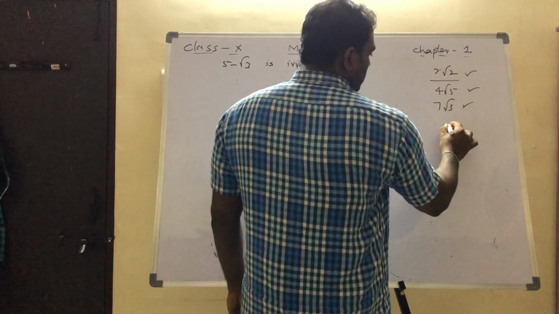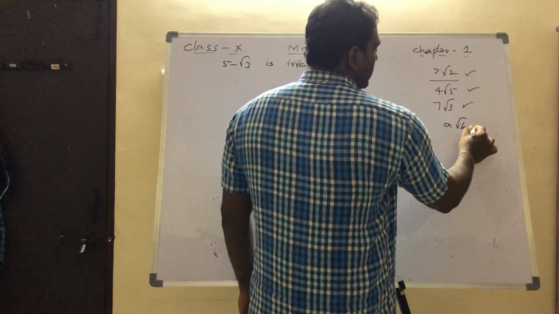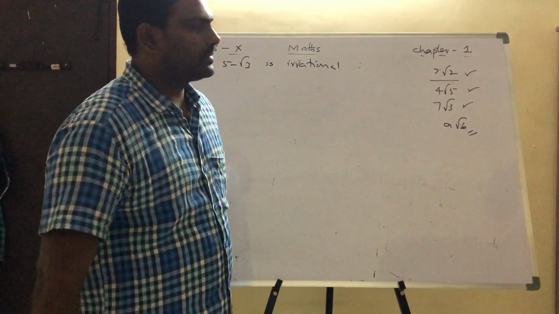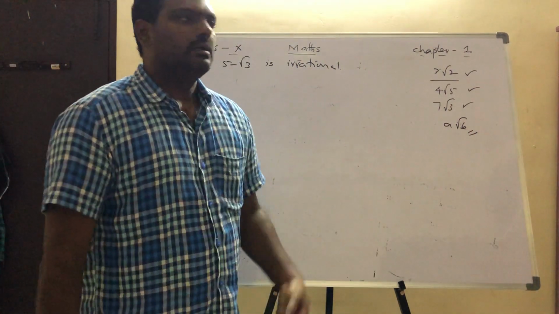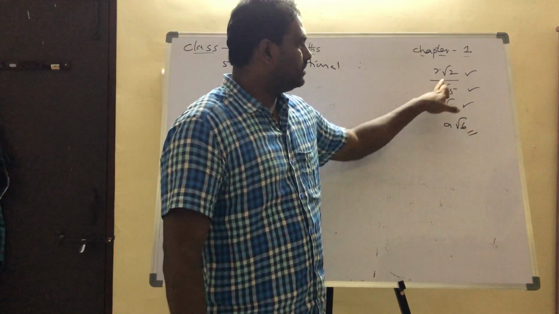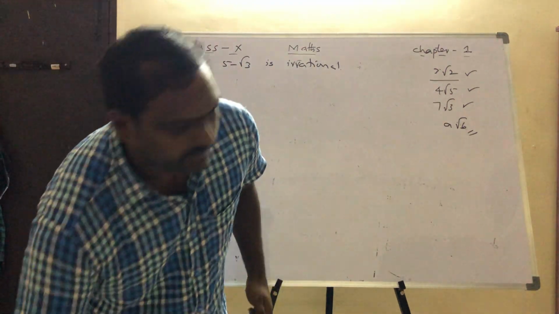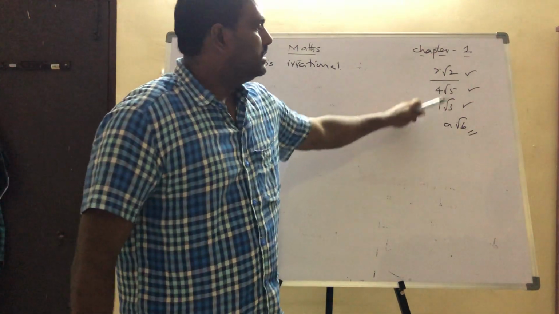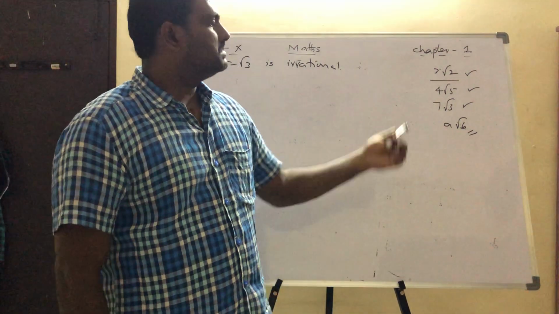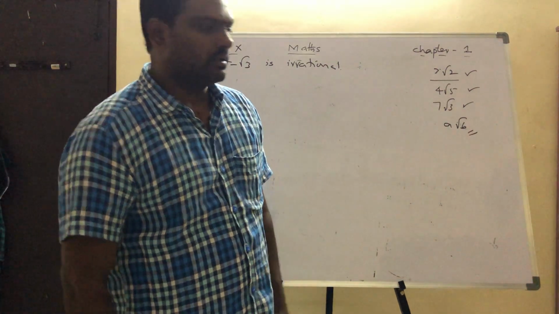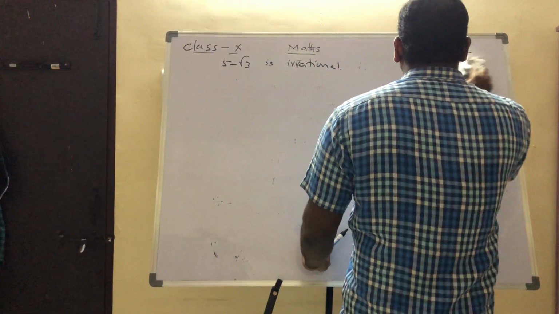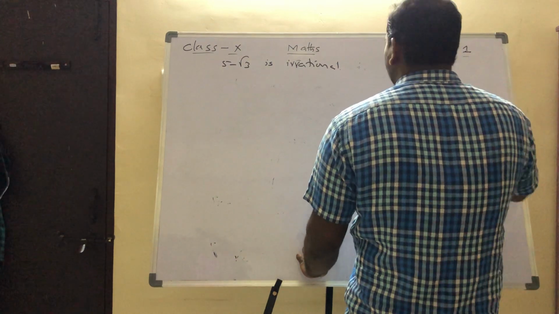Any model question. So the model question is a root b is irrational. Any question like a root b, 3 root 2, 4 root 5, 7 root 3, all are irrationals, and for any question which you get, you have to write the above steps only. Only the numbers will change. That's all. Now, coming to today's question, next question.